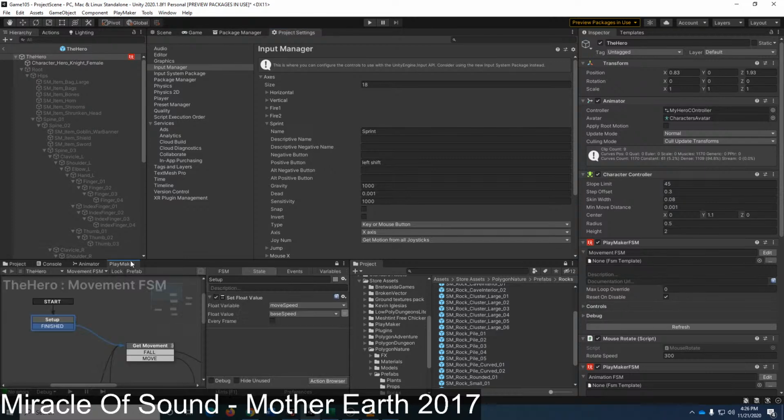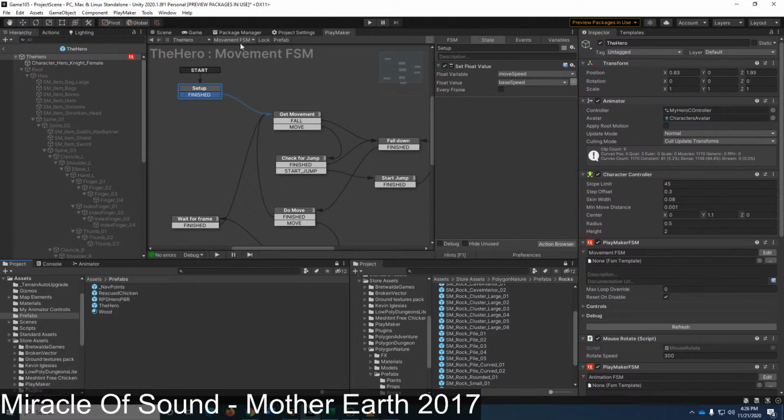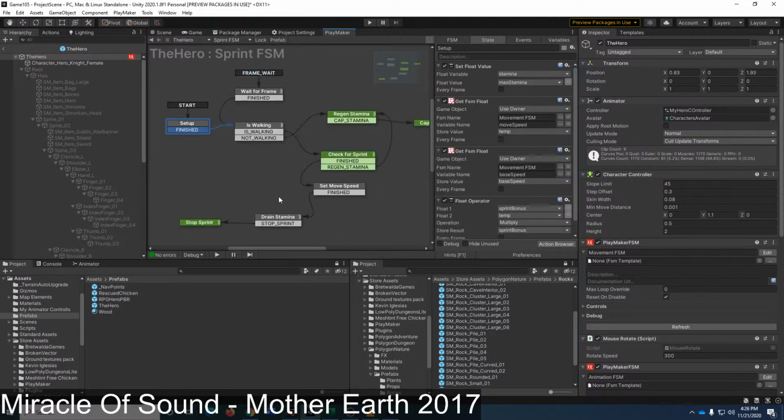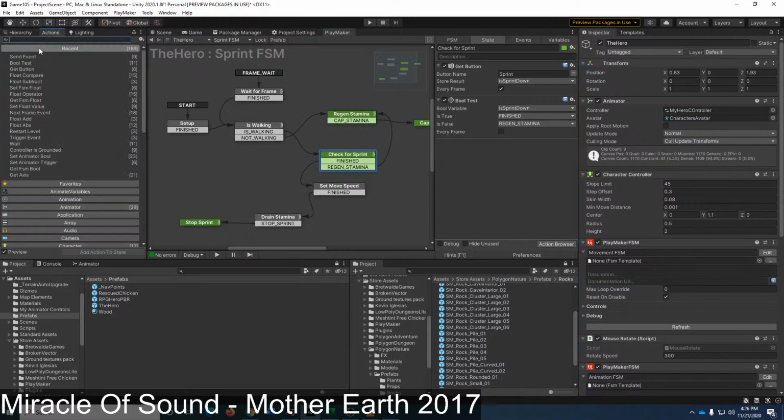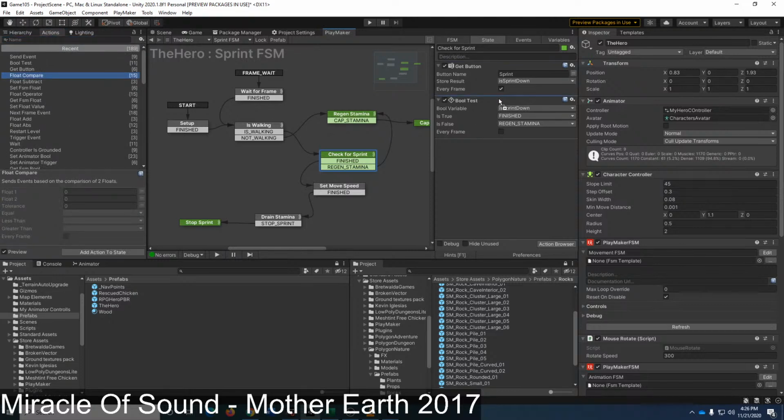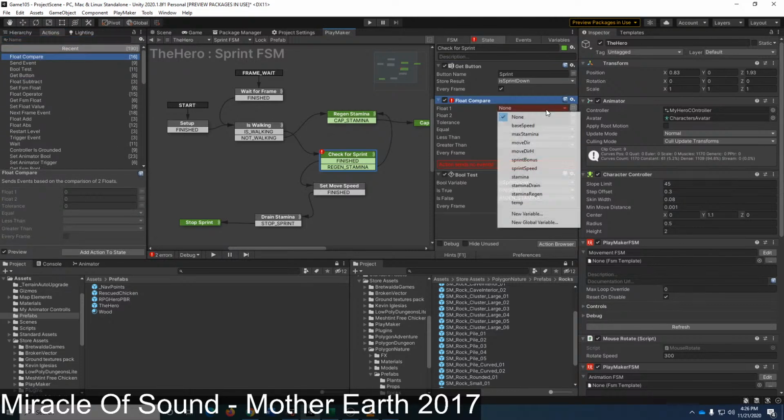The issue here... Let me make sure, back up here. Right here, I also need to check my stamina. So I need to do a float compare before I do the Boolean test.